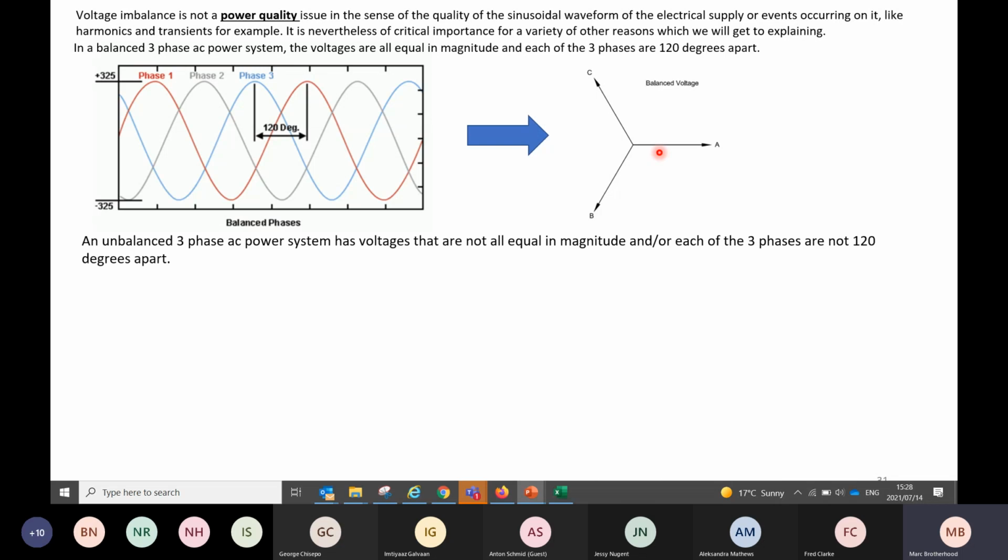Now suddenly we start getting under voltage. So an unbalanced three-phase system now will suddenly have voltages. They're not all equal in magnitude, meaning height or pressure, and or each of the three phases are not 120 degrees apart. So when we start getting a difference in degrees,